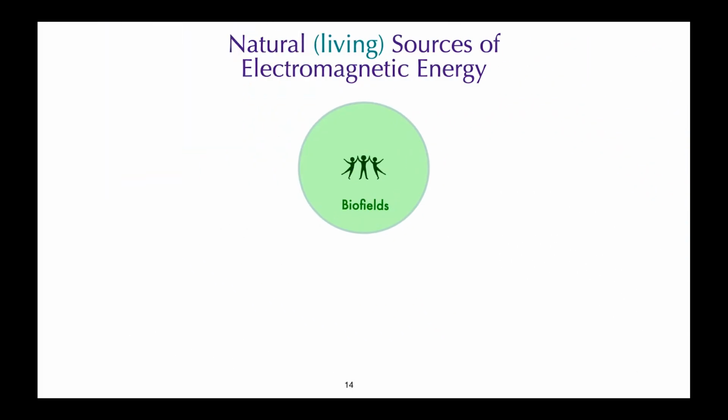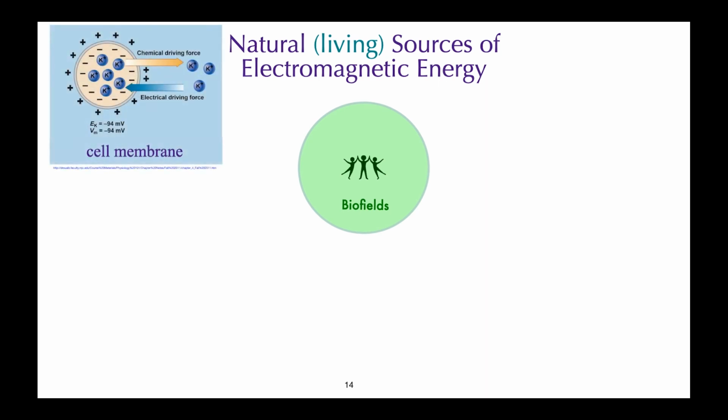All living organisms are beings of light and have electromagnetic energy flowing through their body. Every cell has an electrical potential difference across the cell membrane. Once a cell's electrical potential gradient begins to approach zero, that cell will die. Similarly, it is possible to charge up a cell to make it more healthy.